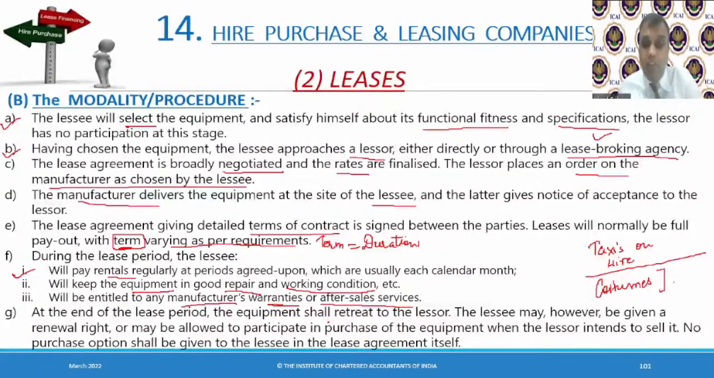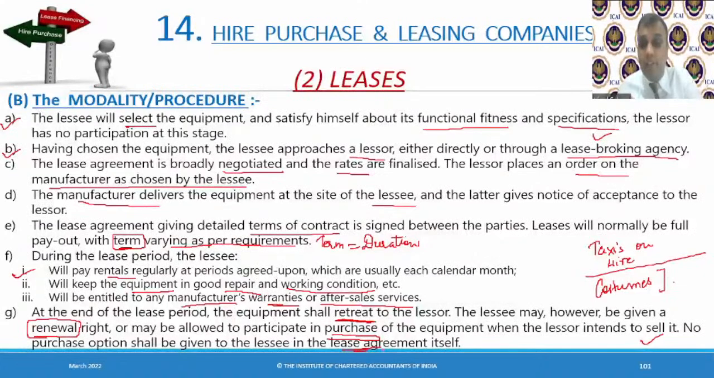At the end of the lease period, the equipment shall retreat. Retreat means it will be given back to the lessor. The lessee may, however, be given a renewal right. Do you want to get the lease renewed? Or he may be allowed to participate in the purchase of the equipment if the lessor intends to sell it. So it is at the end of that agreement. He might ask the lessee if he wants to purchase it, and this purchase option should be given